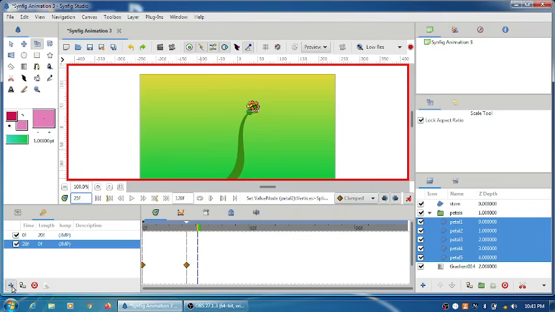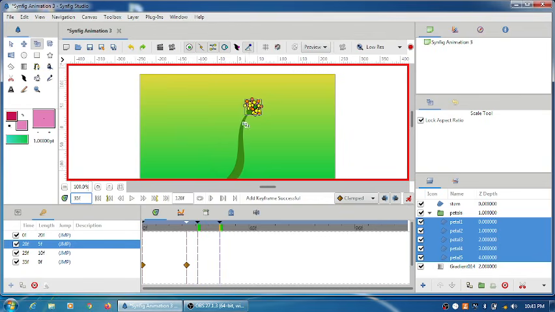Let's say this is on the frame number 25. Now frame number 35.